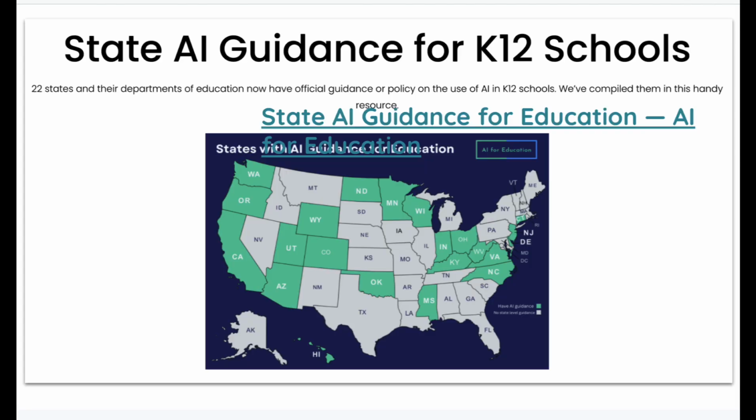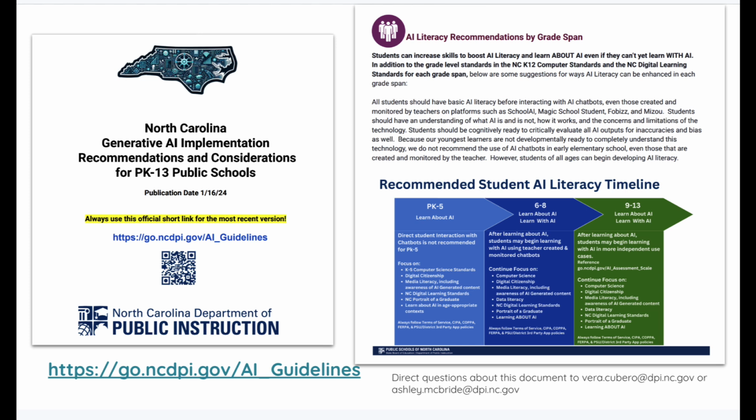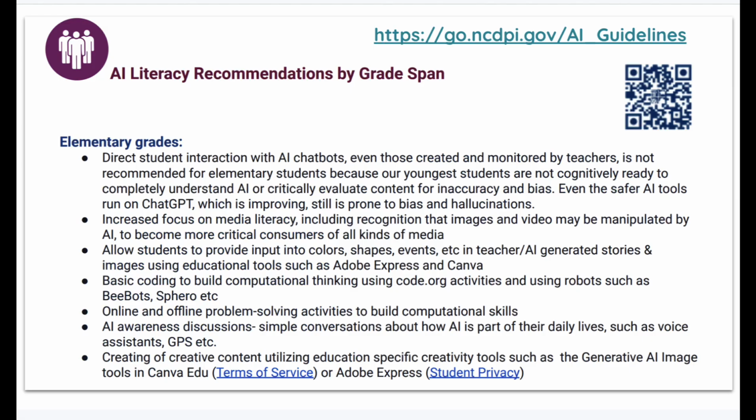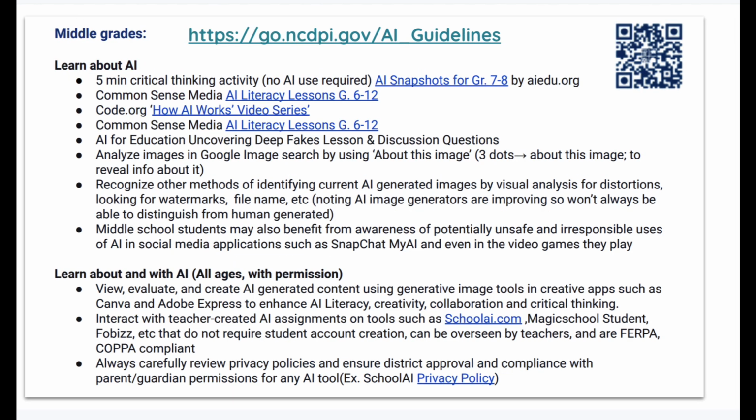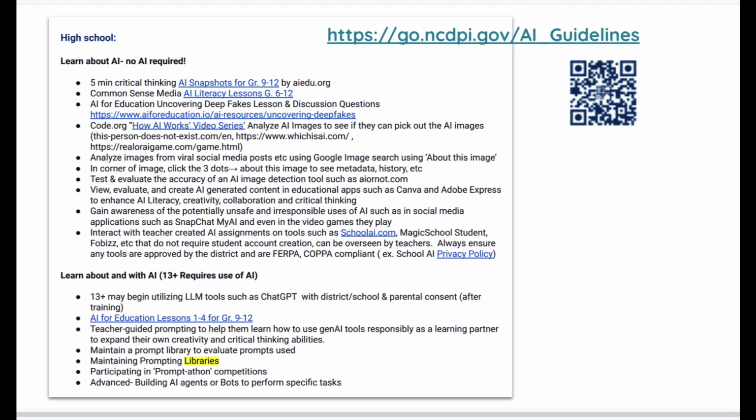You can find the various different guidelines that states are using for AI in this document, and I think you'll find some valuable language here. Among my favorite guidelines is North Carolina. They've done an awful lot of thinking for various grades, PK to 5, 6 to 8, 9 to 13. It's going to look different at the various different grade levels. These are just examples. This is what North Carolina is recommending in the elementary level, in the middle grade level, and at the high school level. And so you can see that there is going to be a lot more use of AI tools, of course, in the 13 plus level.